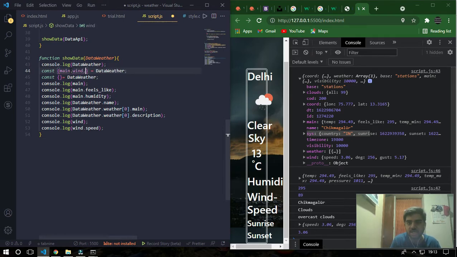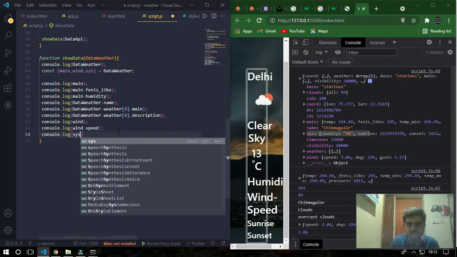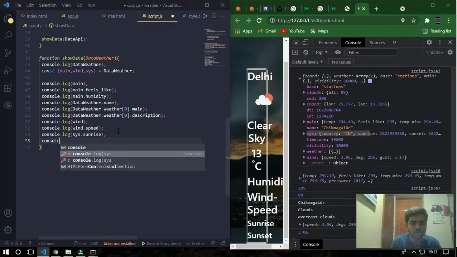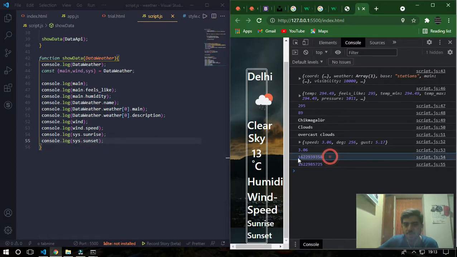Here, console dot log sys dot sunrise and console dot log sys dot sunset. I'm going to get the time of sunrise and sunset, but this is completely hilarious because this is UTC. A common man doesn't understand what UTC time is, so you have to convert the UTC into IST.